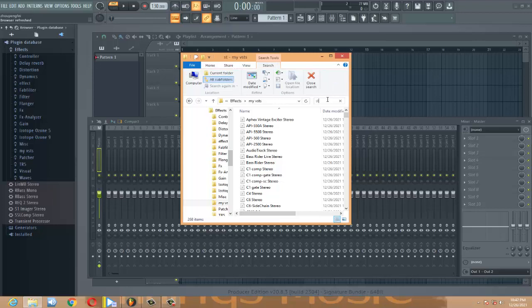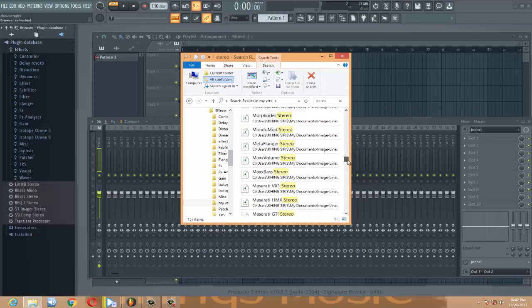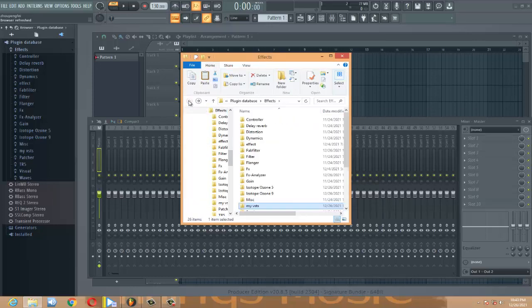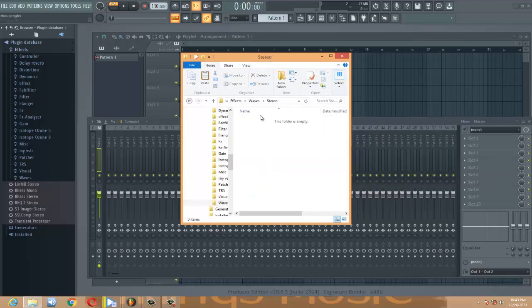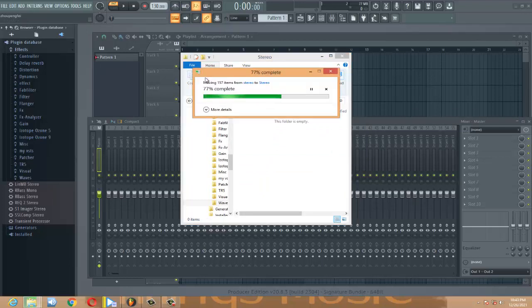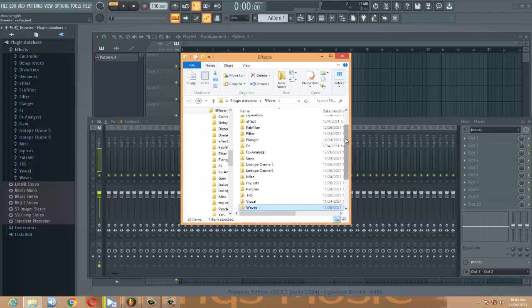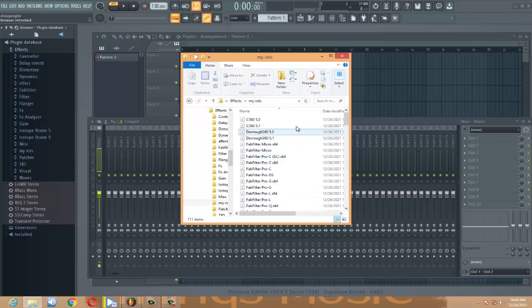select stereo, because we are organizing the Waves first. So from here to here, I know these are all Waves, so Control A and Control X, then I move back to this and move to my Waves, then paste, correct one, then I move back. Okay, my VSTs again. So you can see these are all Waves plugin 5.1, 5.0, 5.1s, but they are mixed